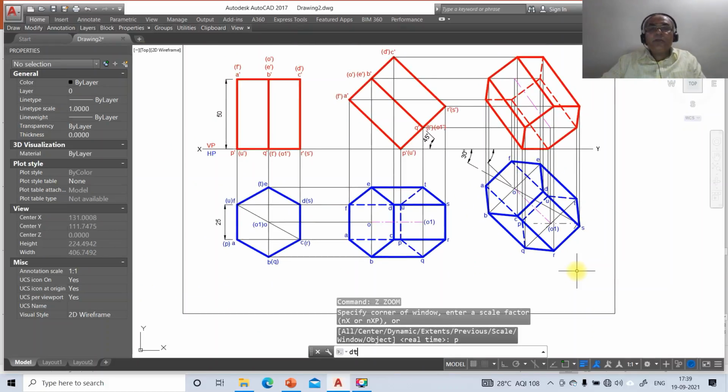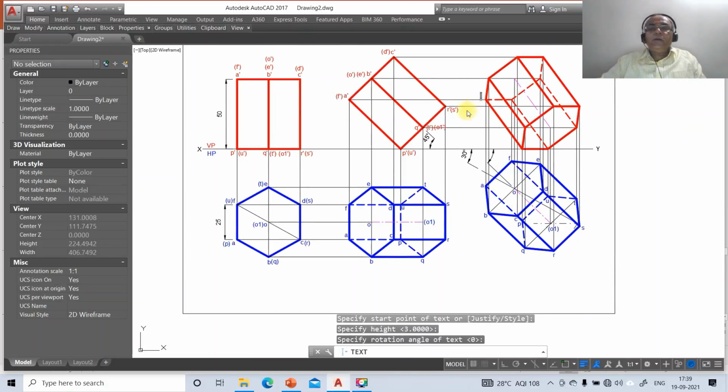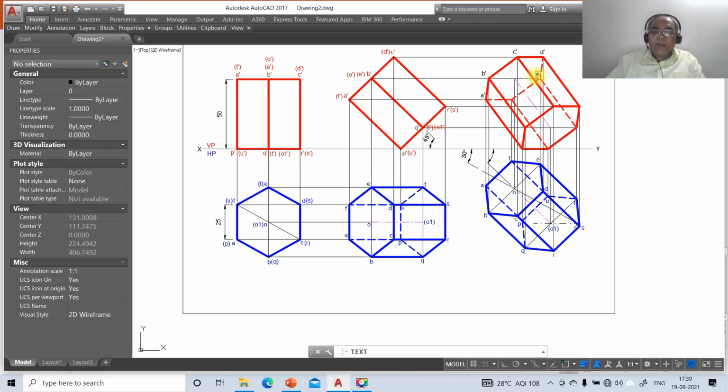Now in the last leg, you just go to here, you make it as A dash, we have B dash, you have C dash, you have D dash, you have E dash, and you have F dash, and similarly O dash in bracket. Now we have P. So you start with P dash, Q dash, R dash, S dash, T dash, and U dash. So here we have O1 dash.